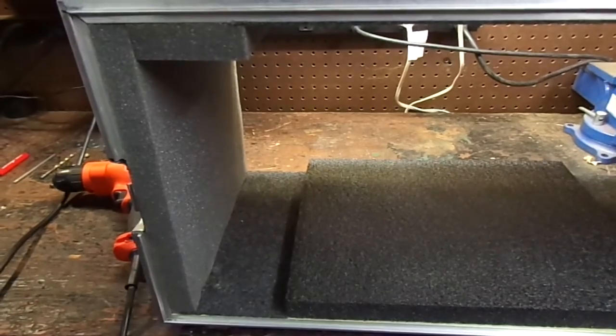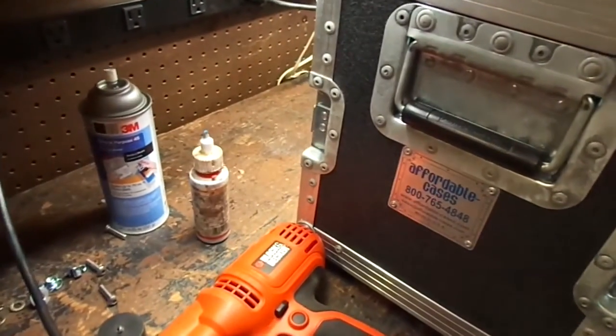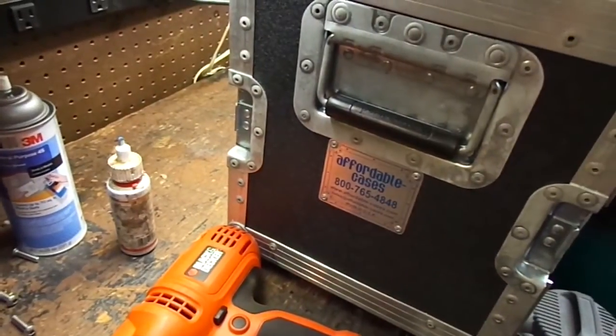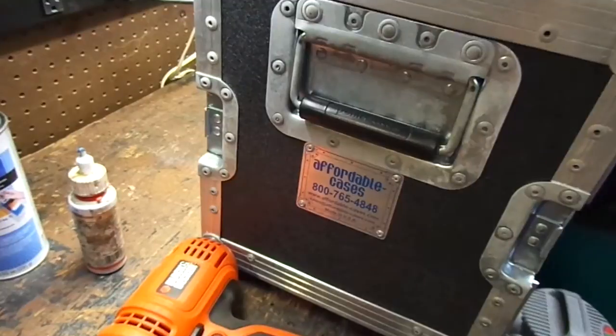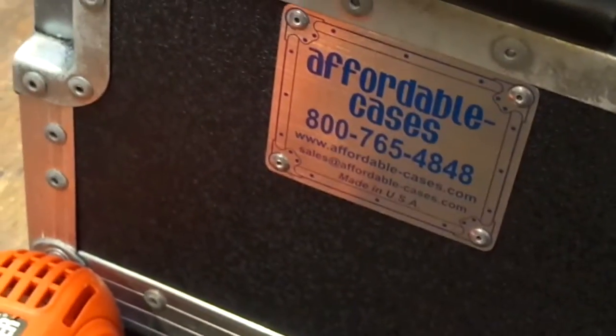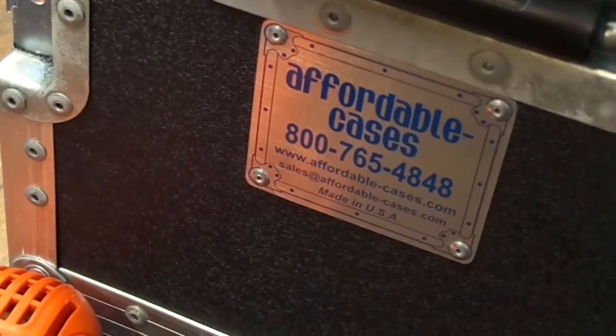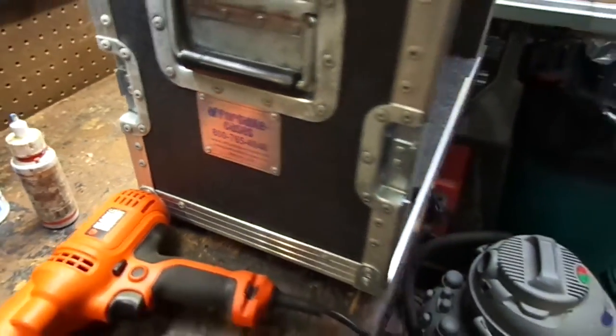So let me move you in here. If you look, make sure we're back. Okay. On the side, this is from affordablecases.com. And it seems like a really nice case. Let me see if I can zoom in here. There you go. It's a real nice case. It's actually made out of some good material. But what I wanted to show you